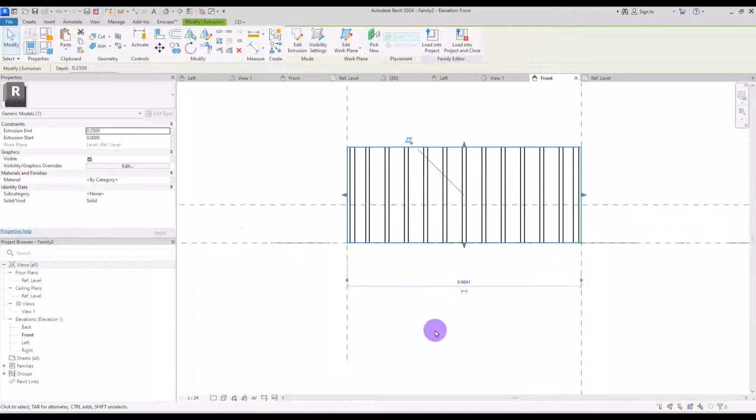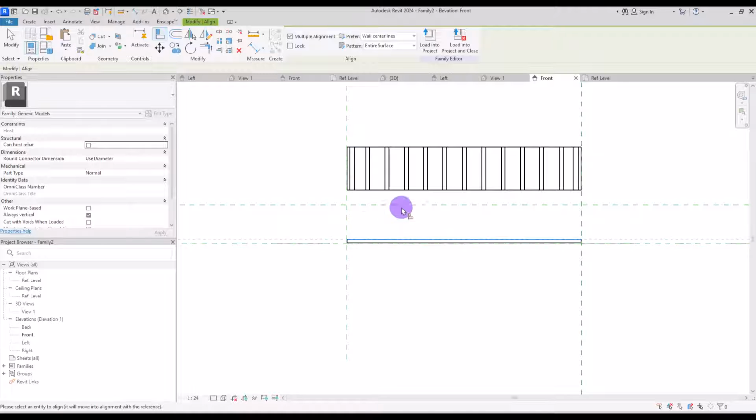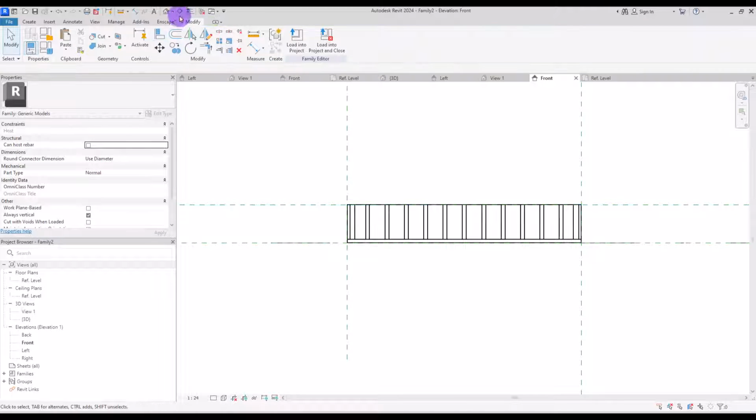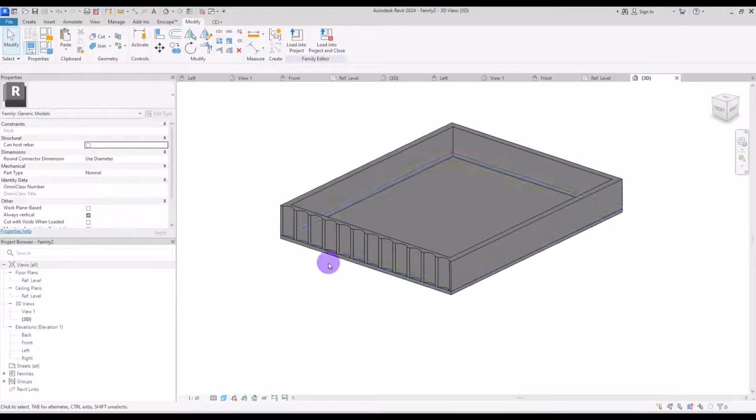In here we are going to set this extrusion on exactly 1 centimeter, and then we are going to lock this part with this line and also this part with here. Let's go to 3D view to see how it looks like. Perfect. We need to add a handle for this part, but instead of adding an extra part, I'm going to